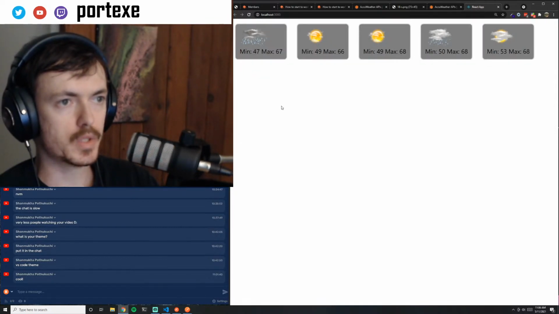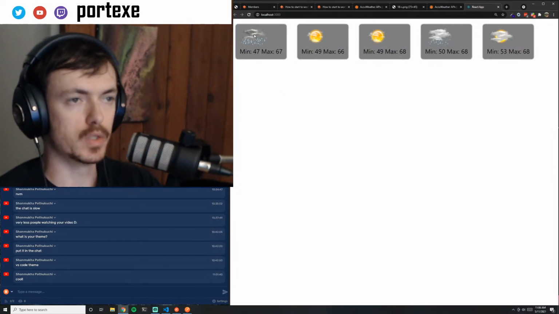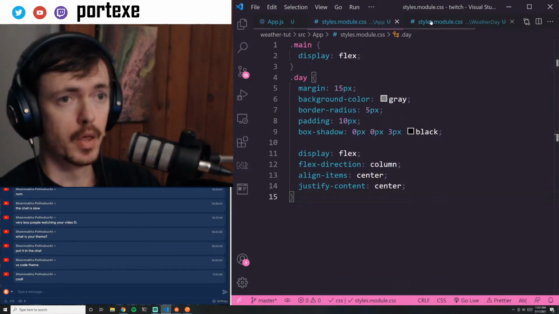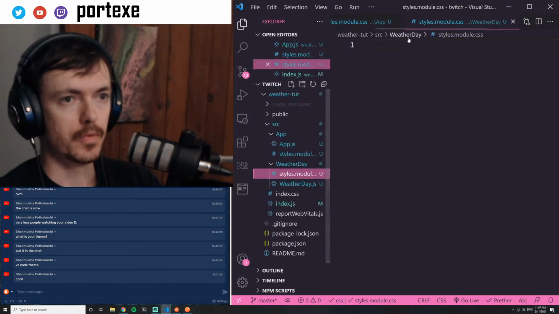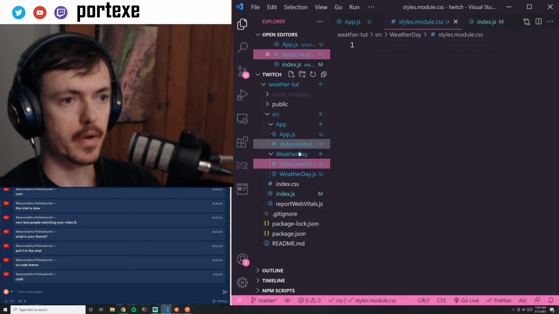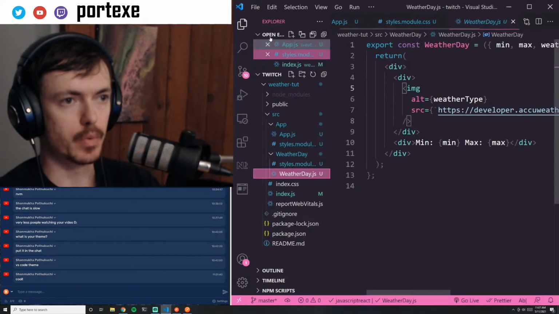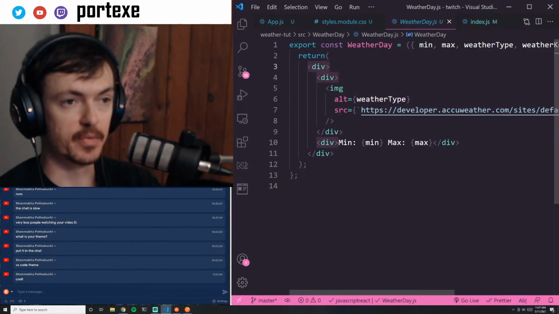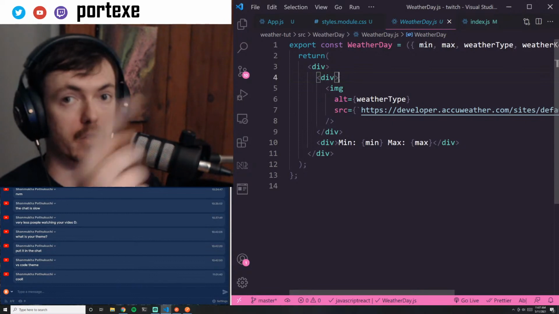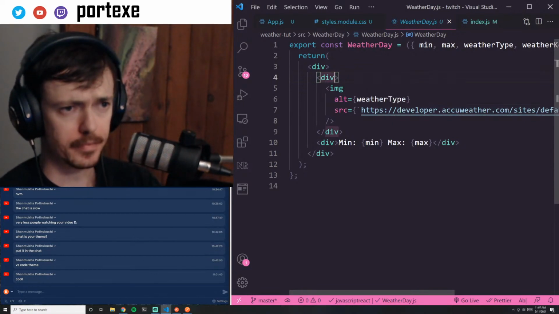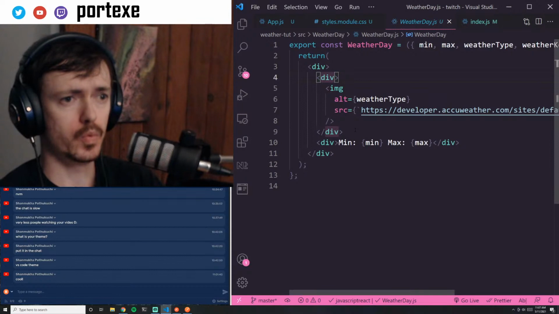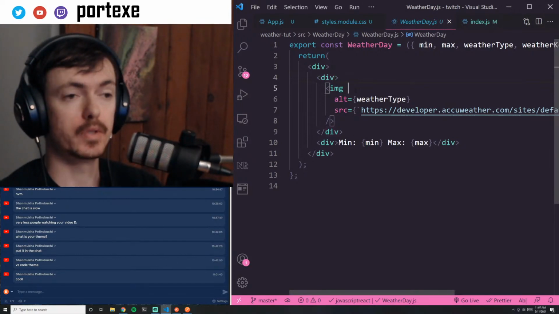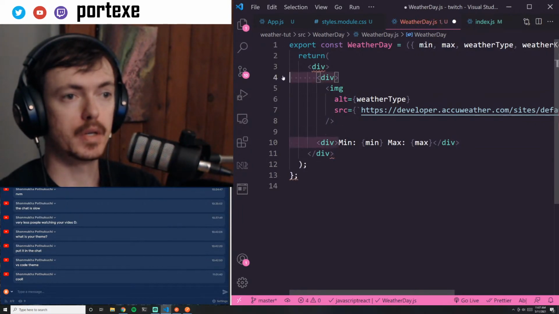It looks like the reason why the image isn't centered is because the image is actually a child of, sorry, everything's so big on my screen, I can't really see what I'm looking at. The image here is a child of this div, which is a child of this div, which is a child of that other div. So in reality, I don't really need all of these divs. I can get rid of this container here,